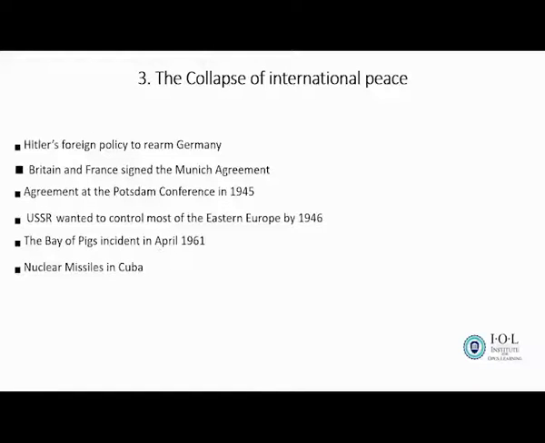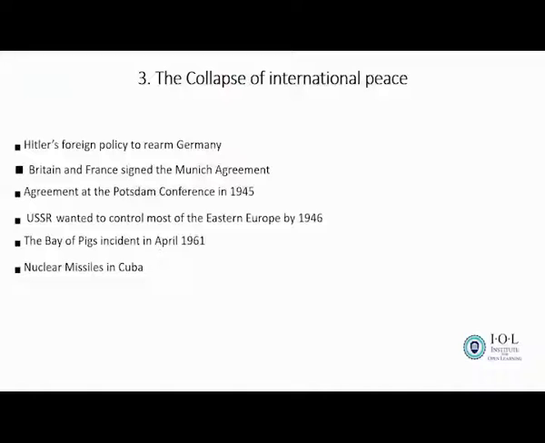The other part was given to Russia, the other part France, USA, and Britain. Remember, Russia wanted to be paid reparation because in 1941, Germany attacked Russia. It was a surprise attack. So most of the people were killed. The soldiers were killed. So Russia was demanding that they wanted to be paid by the Germans. So that year when they divided Germany into 4 zones, the other 3 countries, Russia, Britain, and France, told Germany that if they want to be paid, they should look for reparation in the zone that was given to them. Okay? And now here we are told that USA wanted to control most of Eastern Europe by 1946.